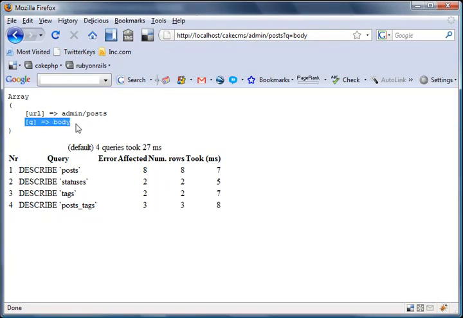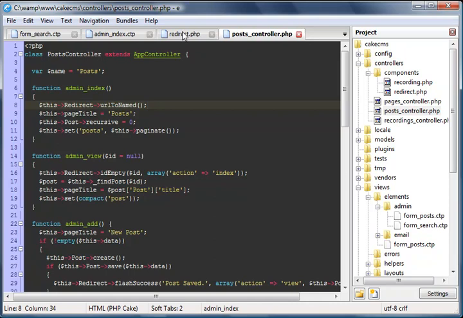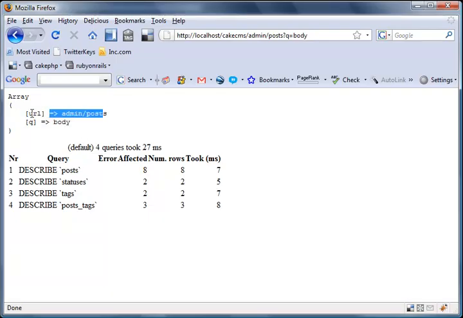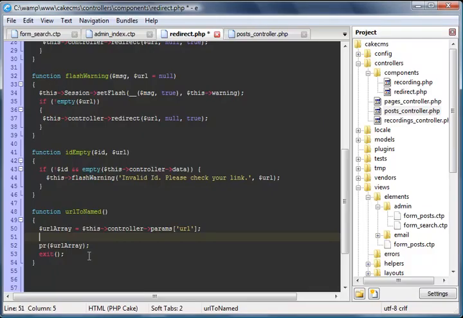Alright, so we need to somehow move this over into the name params. And we can do that. We'll just jump back into our component, and let's do this. First, I want to unset this value here because it's not needed for our redirection. It'll just stuff things up. So we'll remove that. Jump back into here, and we'll say unset, and we want to unset URL array URL key. And then what I want to say is if not empty,